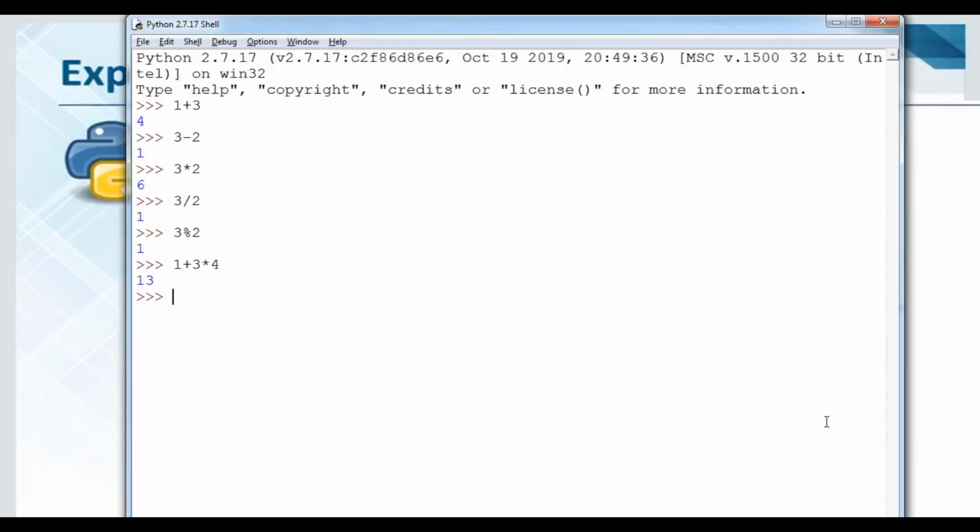If I provide parenthesis around 1 plus 3, then star 4, what will happen? It will force the operation in this particular bracket to be performed first, then after that the outer one. So this time it will be 16 as per BODMAS. Bracket first, and then multiply, whatever is next.